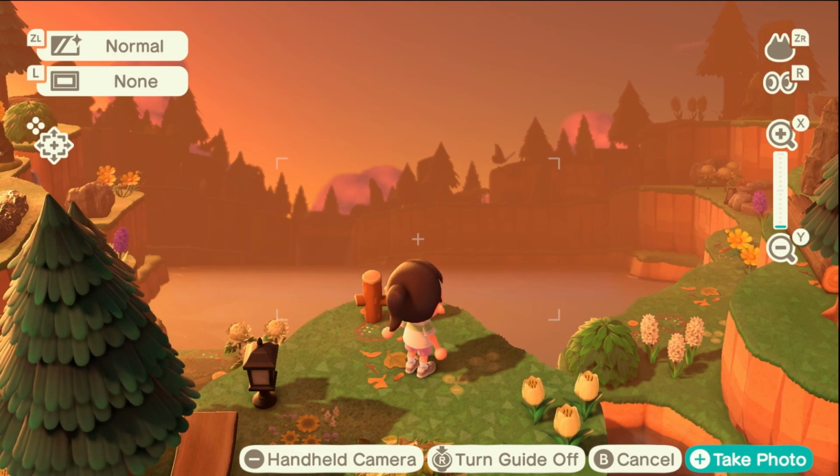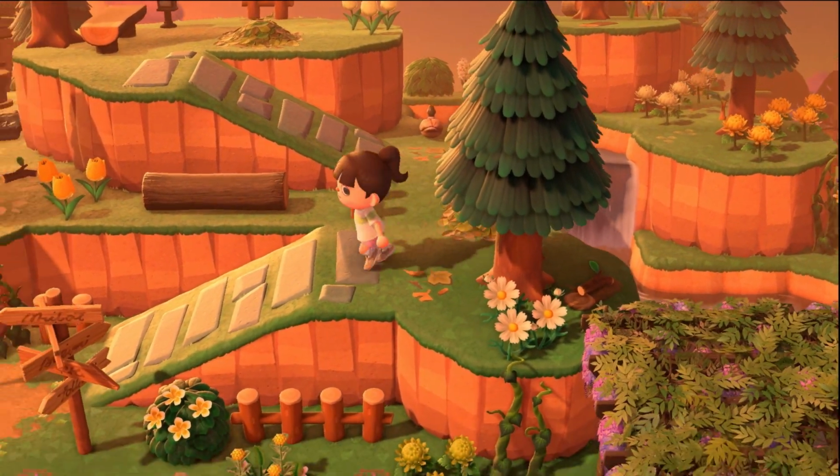So this is the good thing about my island. You can view it at any time of day. I know it's saved at this time of day specifically though, so that's not possible. Unless you were to close your Switch and let the time go by, then you could see it at different times. So back down here,